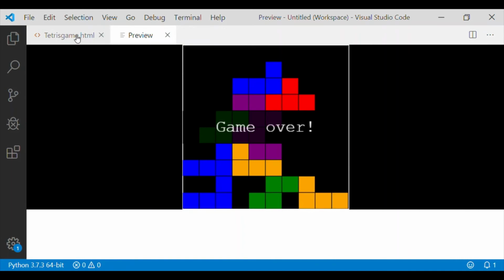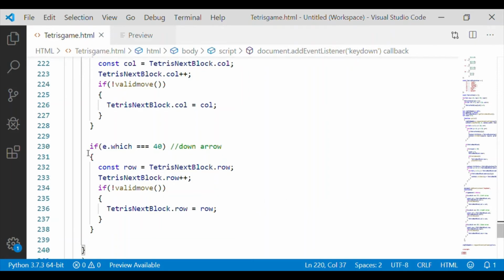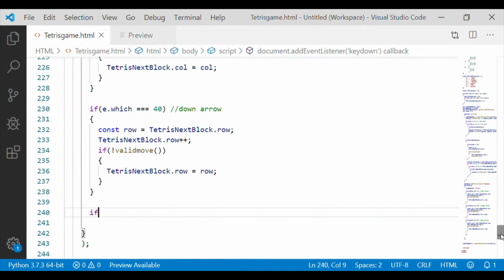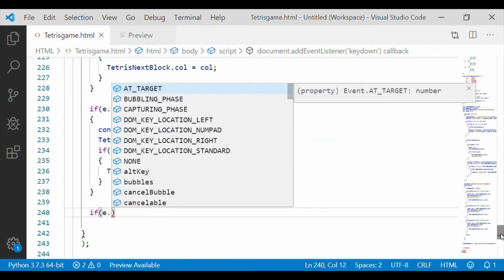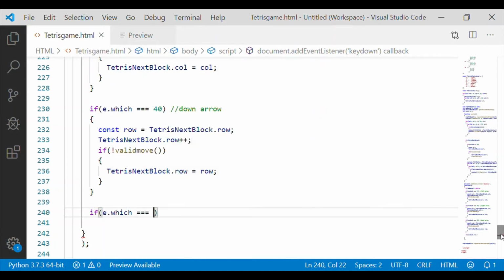which is the up arrow. The up arrow is intended to do the functionality of rotating the Tetris block by 90 degrees. So here the up arrow is e dot key, which is equal to 38. If the key pressed is equal to 38, it is the up arrow. As the matrix has to be rotated clockwise by 90 degrees,